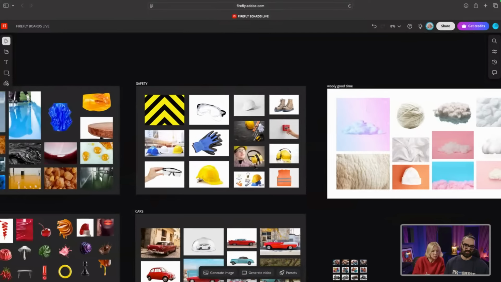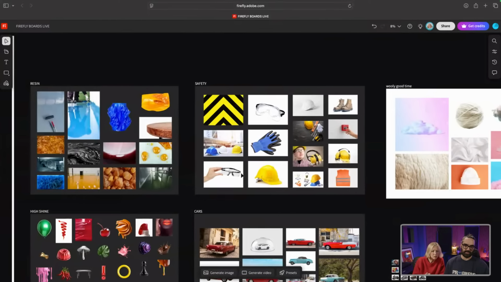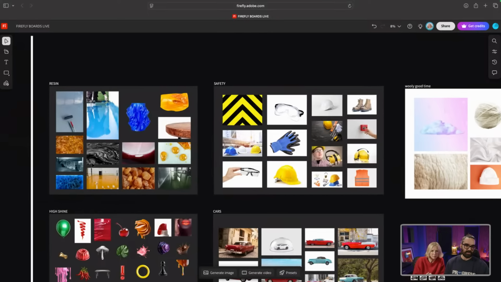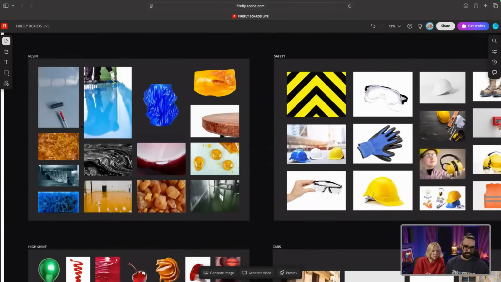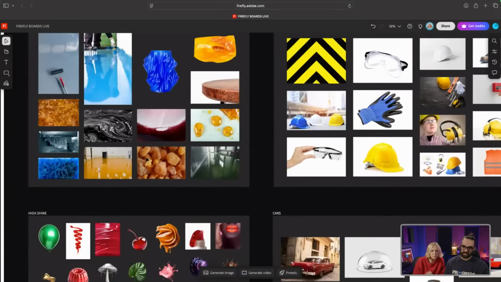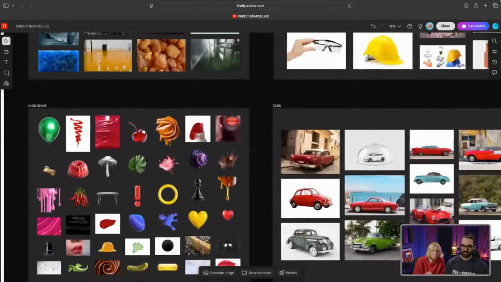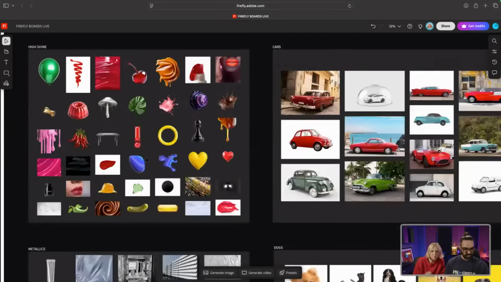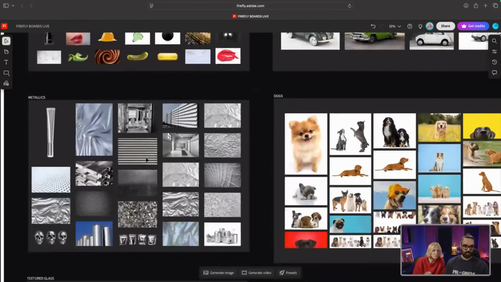I mean, where the inspiration's going. I think it's pretty big in terms of designers and clients making mood boards, making decisions. For us, we use it to generate ideas. So like I say, I dive straight into the idea generation stuff. But lots of boards. So resin, some safety elements, some weird stuff, cars, high shine elements, which are quite similar to resin, metallics, dogs, obviously,